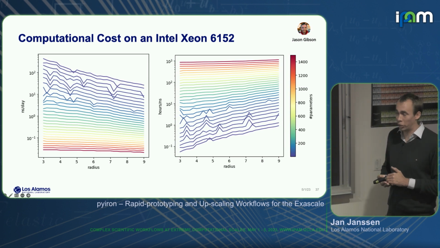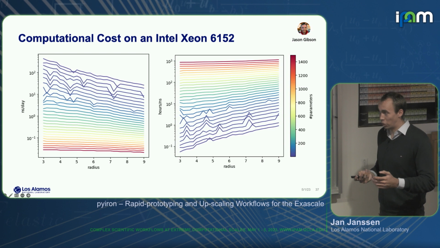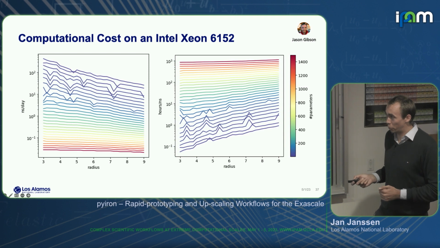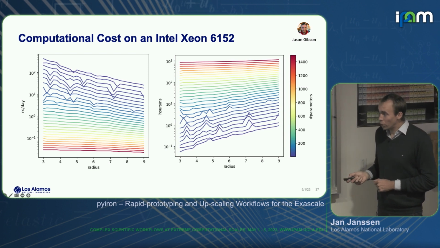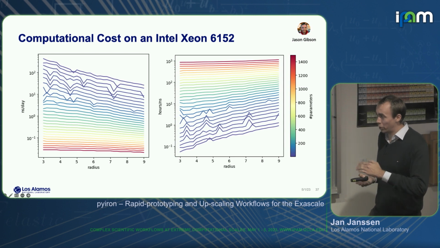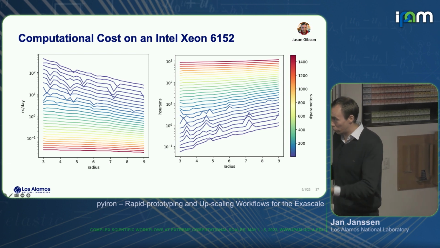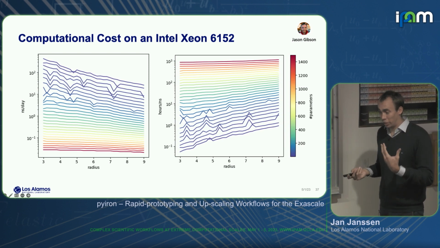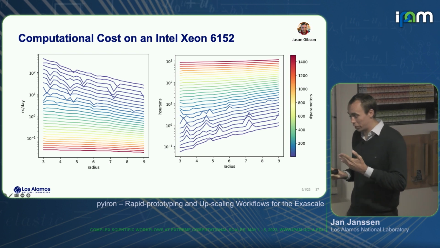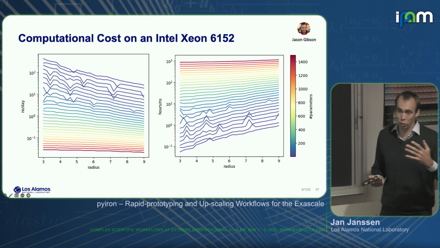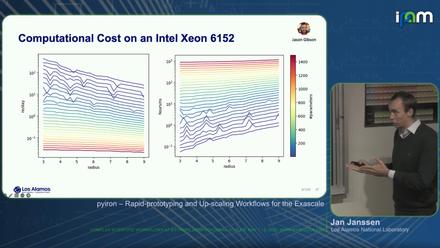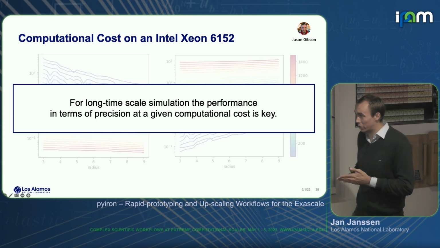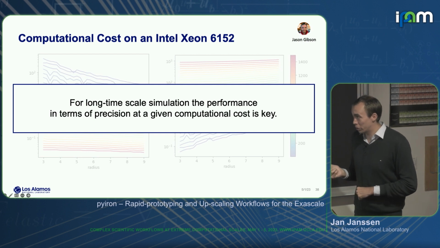So how does the computational cost of our potential change if we change our parameters or our cutoff radius? That's what you see here in two different graphs, one in nanoseconds per day and the other in hours per nanosecond. In the beginning we see a huge dependence on the cutoff radius, while if you go to a higher number of parameters, the dependence on the cutoff radius becomes smaller. That was a bit surprising for us in the beginning, but what this means is it's not always the best choice to go to the smallest cutoff radius. If you can reduce the number of parameters by going to a slightly larger cutoff, this can really be beneficial. And so the main dependence is much more on the number of parameters that we have.